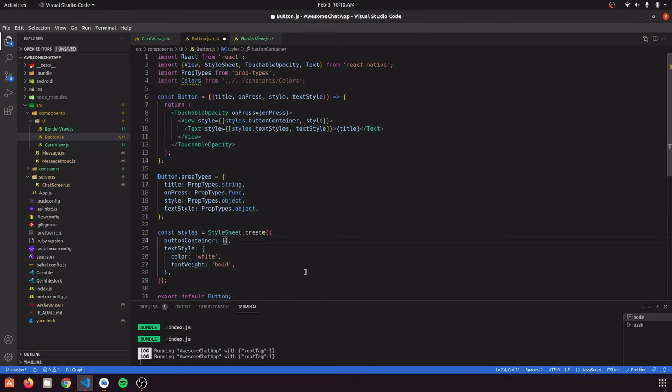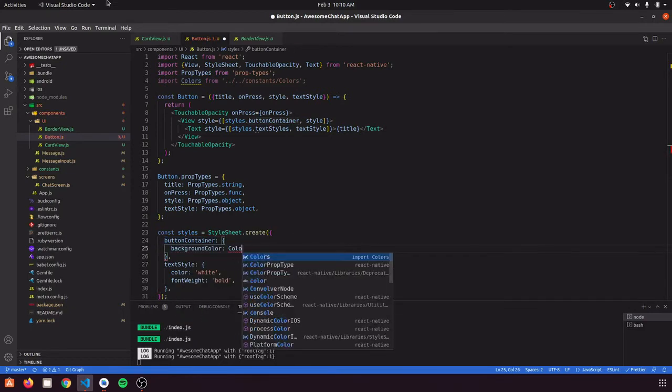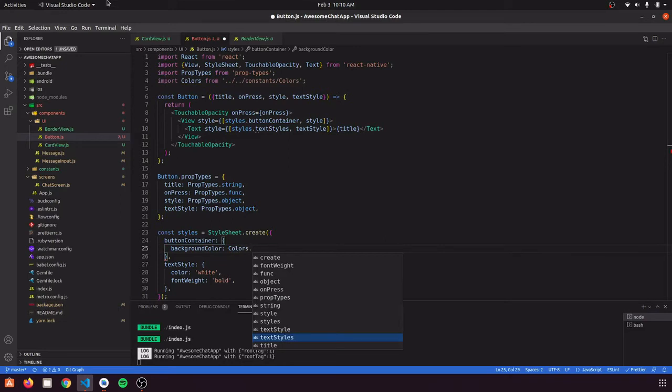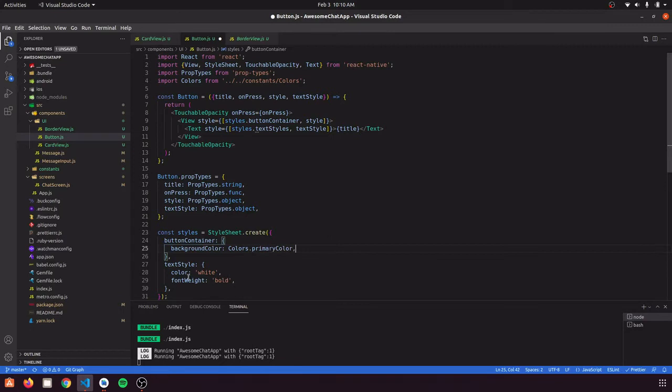And for button container, we are going to give it a background color as colors dot primary color. And if you want to override this background color, you can just pass that into this style object.